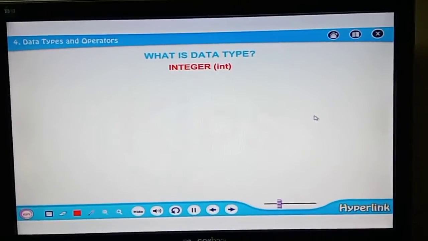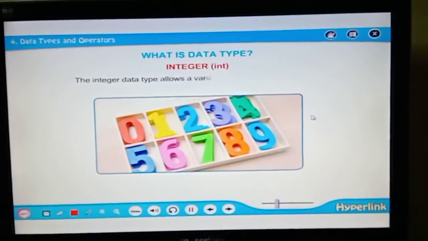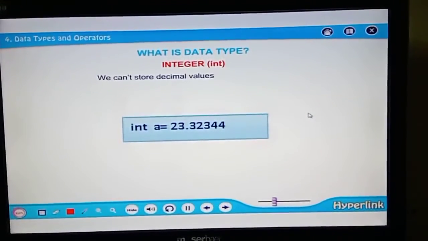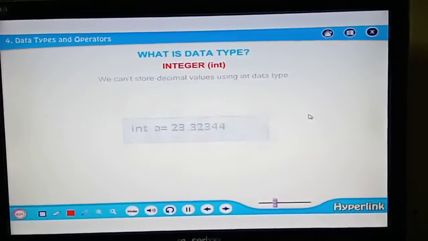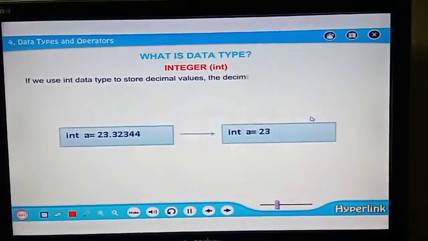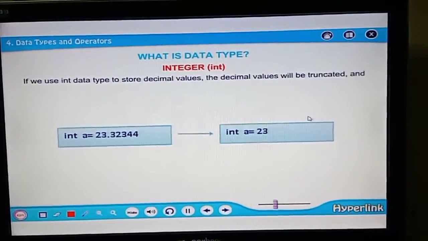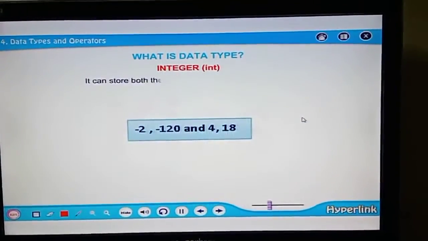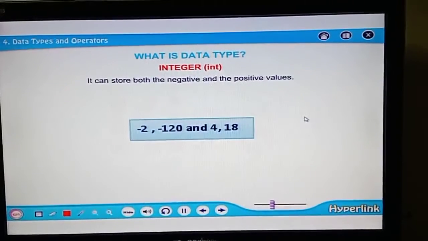Integer, int. The integer data type allows a variable to store whole numbers. We can't store decimal values using integer data type. If we use integer data type to store decimal values, the decimal values will be truncated and we will get only the whole number. It can store both negative and positive values.